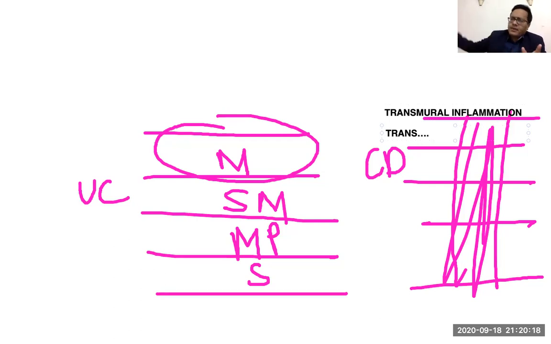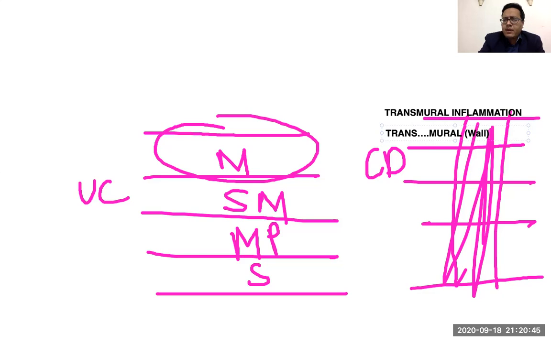That means from one side of the Atlantic, from Europe to US, to the other side of the Atlantic. That is what trans means. And mural means wall, like mural thrombus, mural painting. So mural means wall. And trans means through. So transmural inflammation means that the inflammation is extending throughout the wall,